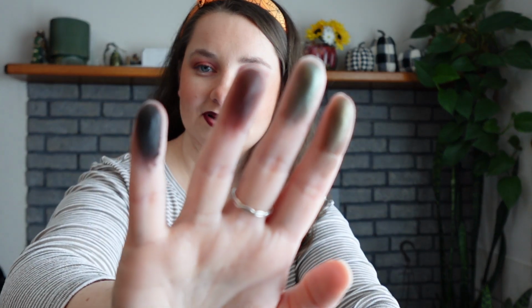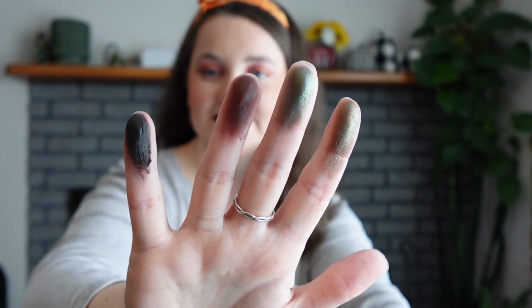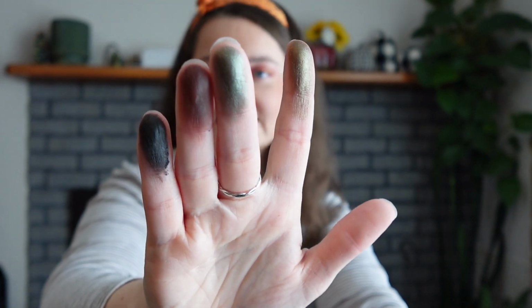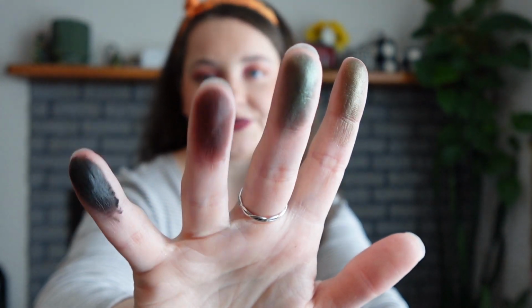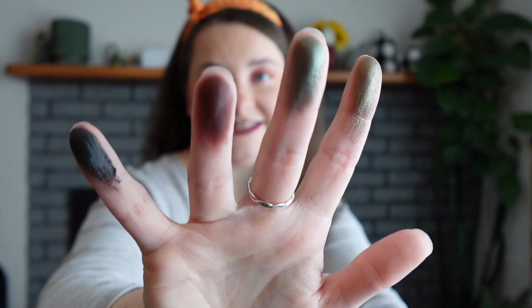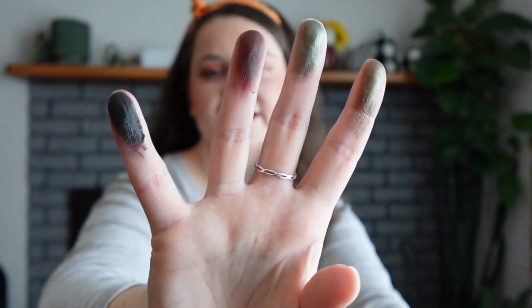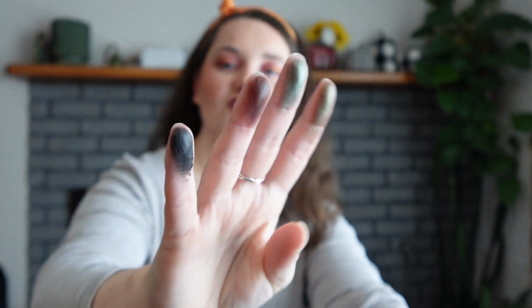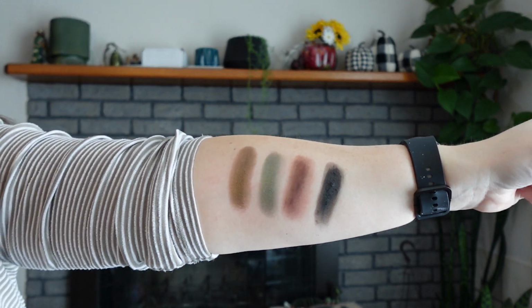There we go. I'm really excited about these 4 colors, especially these last 3. Like this one I'm excited about, but these 3 I think are gonna be easy to use. This one's gonna be easy, but like not as fun, I feel like. But we'll see. So those are the 4 colors that we are playing around with and focusing on to use